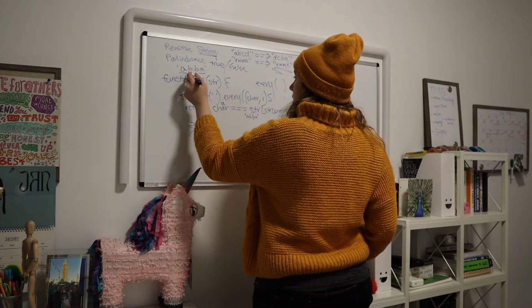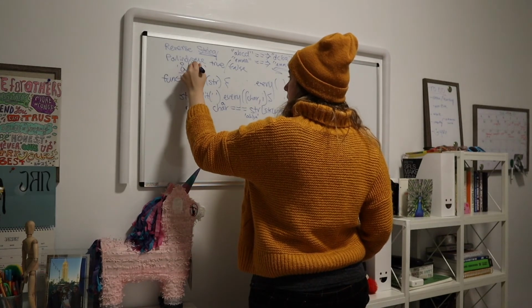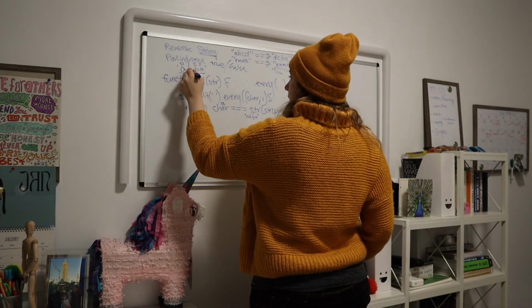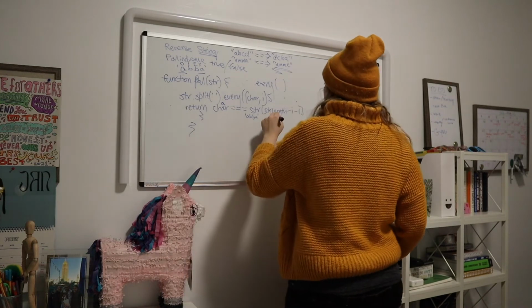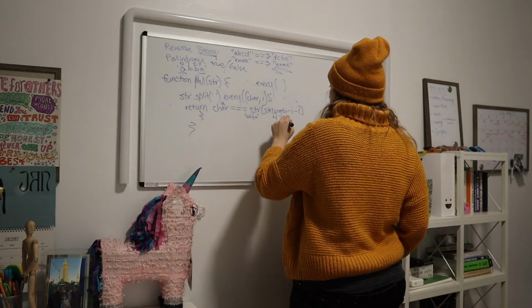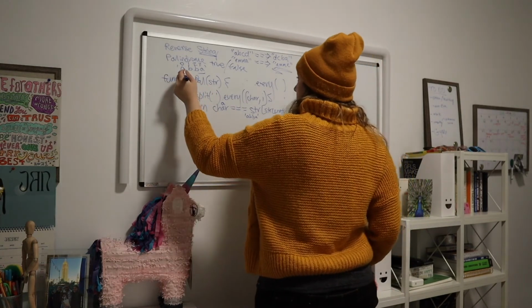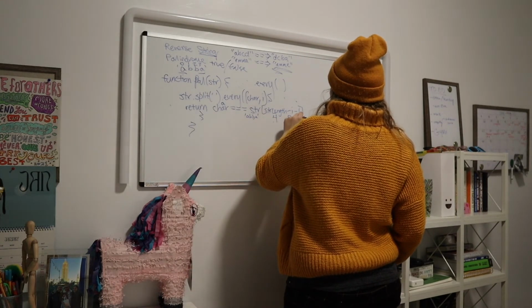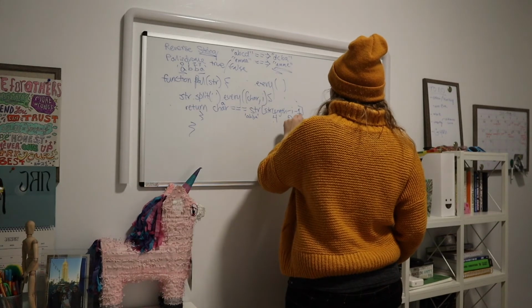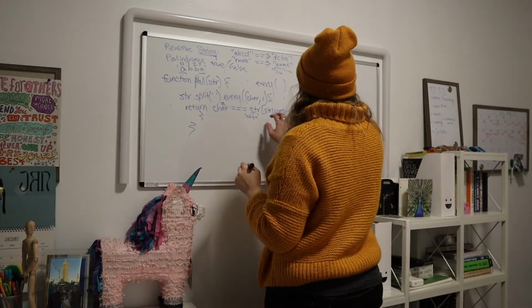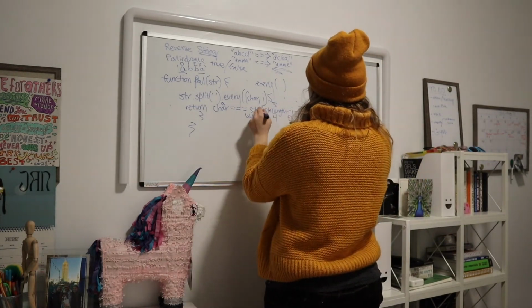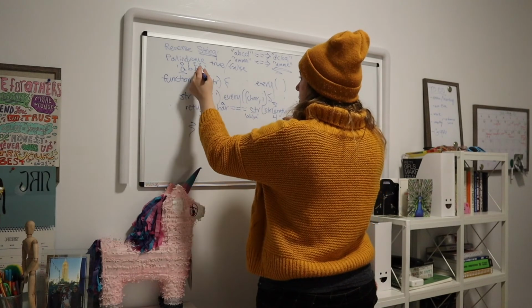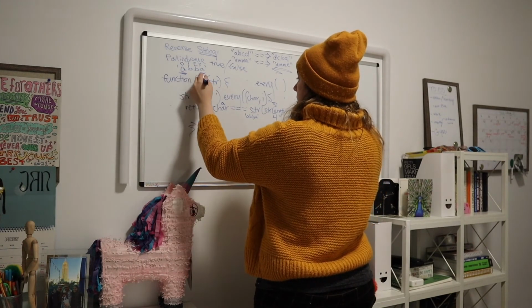The length of the string, the indices are 0, 1, 2, 3. Our length is 4 though. So length is 4. i, in this case, the index is 0, minus 1. That's number 1. So that brings us to 3. So we're checking the third index of string. So the third index is A, so we're comparing A to A.